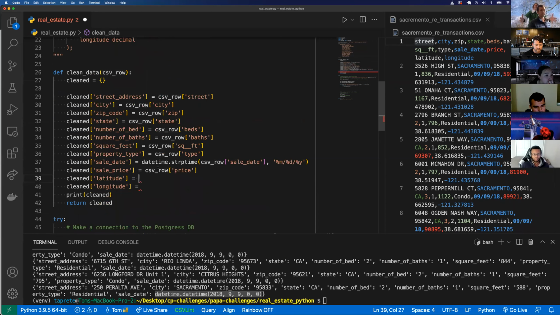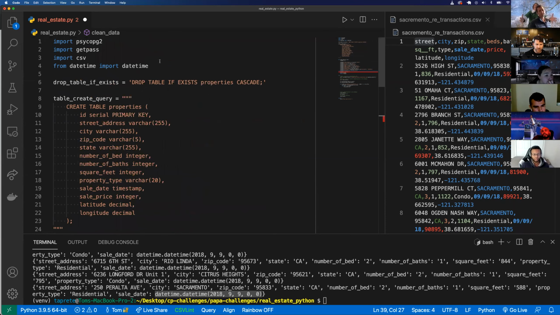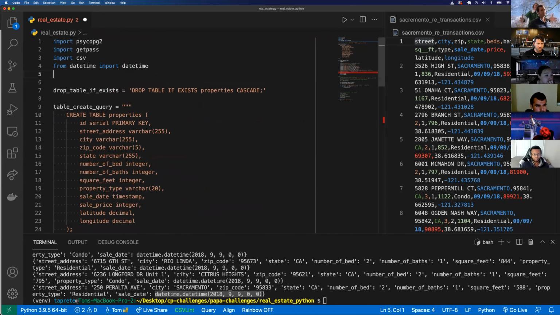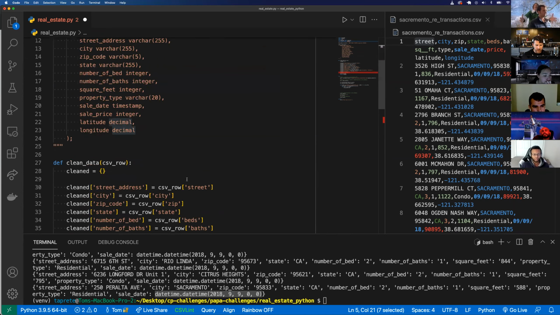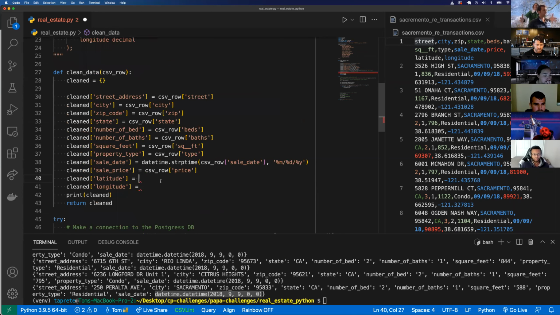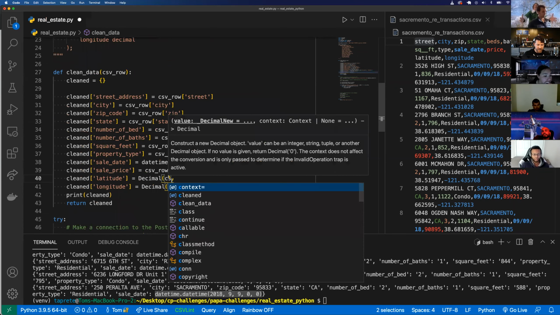So if I run that, what I'm going to have to do is import decimal, from decimal import decimal, and this decimal takes in that CSV row,